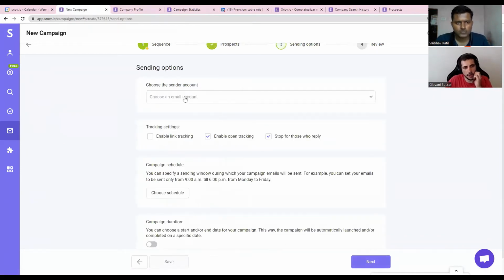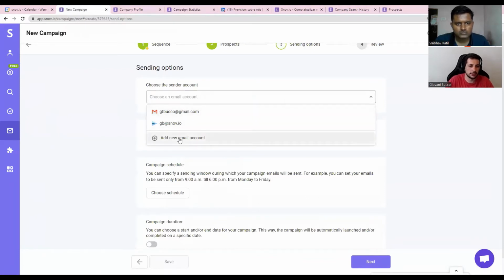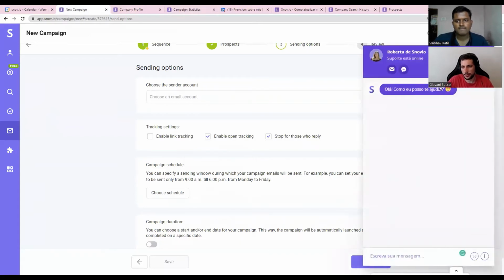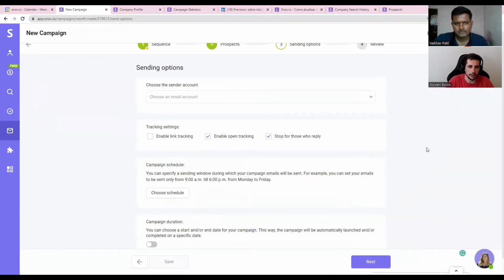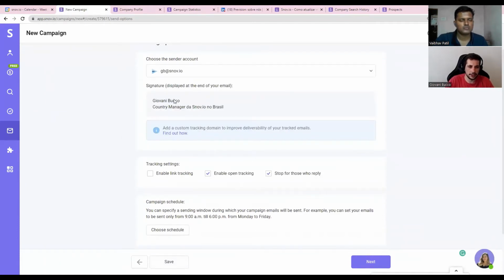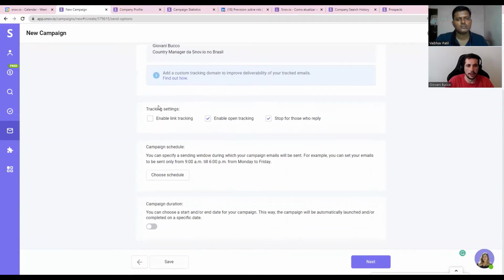And then here we can choose an account. I just add an email account here, SMTP, easy how to do it. If you have any trouble doing that, please just call our support. We have a bunch of people. Roberta is our customer care head here in Brazil, but we have everyone here to help you out in less than 2 minutes. That's our goal. We add the account here. I can add a signature as well. This is mine.